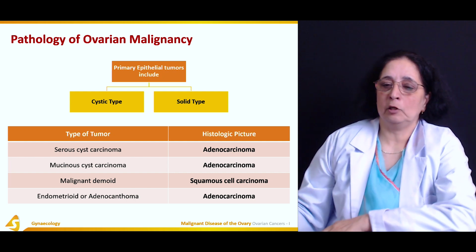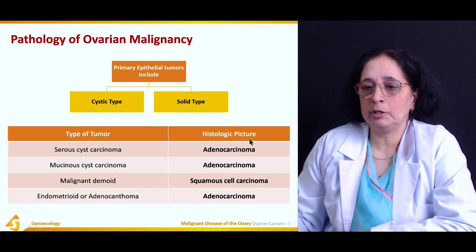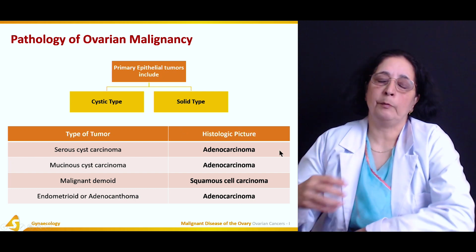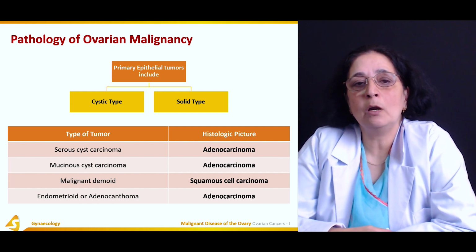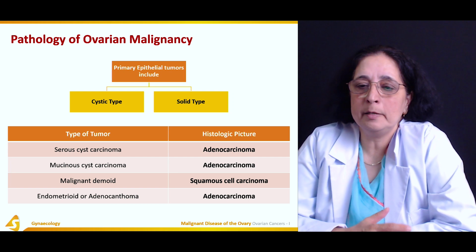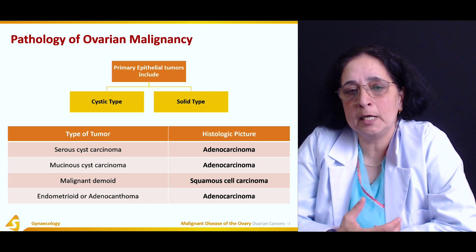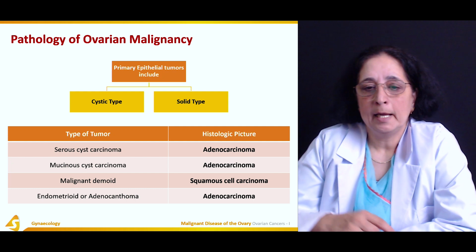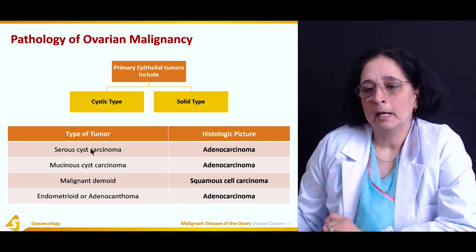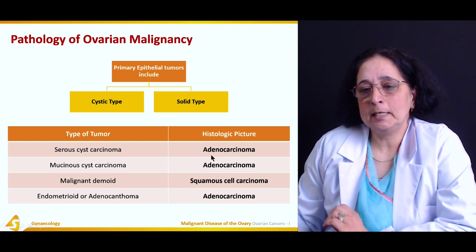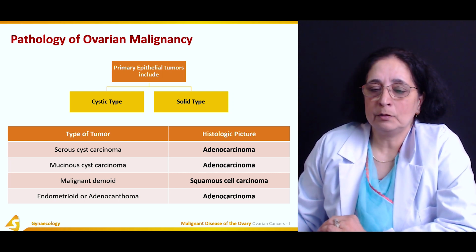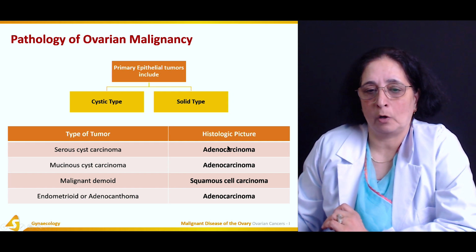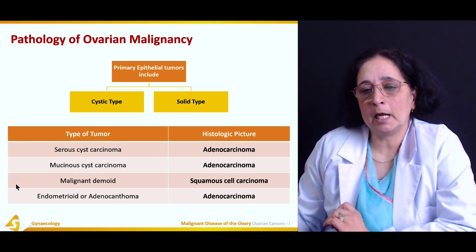If you see the histologic picture, it is when under the microscope you see what is the prominent picture. Histology means the study of the cells or tissues. So under the microscope, which are the prominent tissues involved in this? In serous cyst carcinoma, mainly the tissue is adenocarcinoma. Again, adeno is the gland, so glandular tissues are involved. Again, in mucinous type,